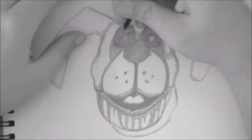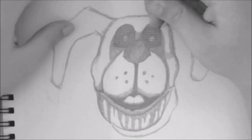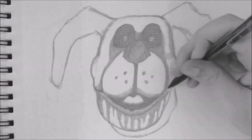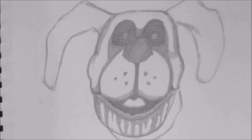Basically, I made some lines vertical, and then I went horizontal to give off that grid effect. And it does make the actual mask look like a mask from a costume. Now I'm going to shade around his mask,